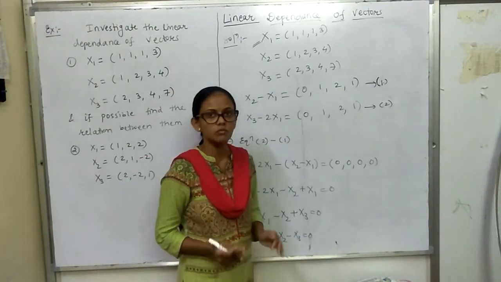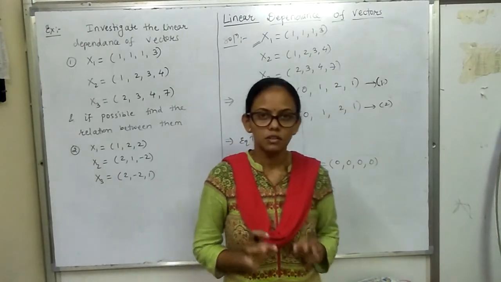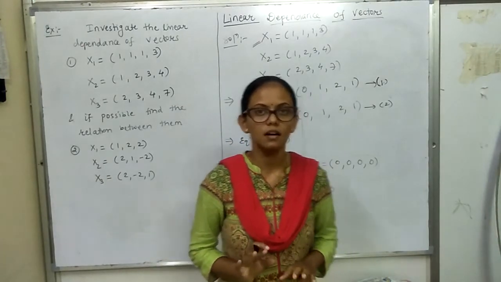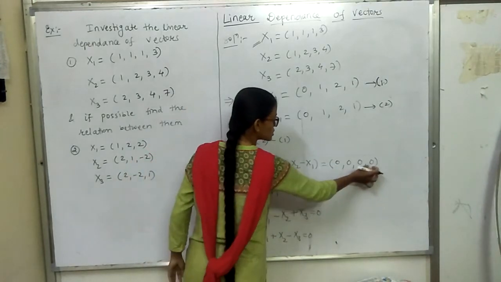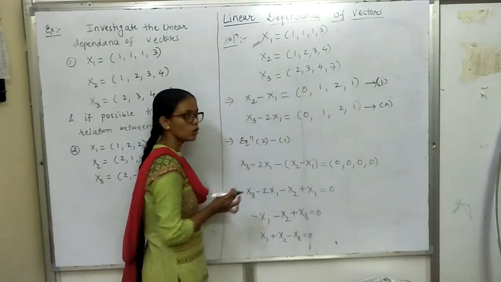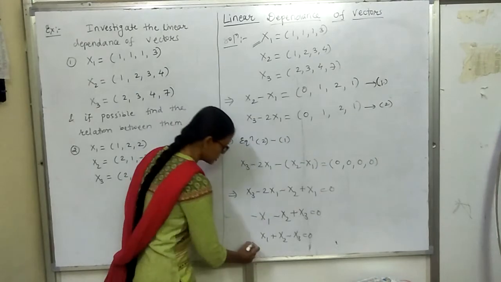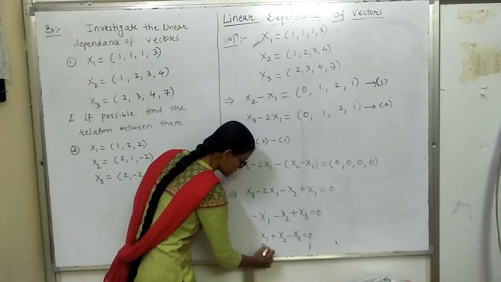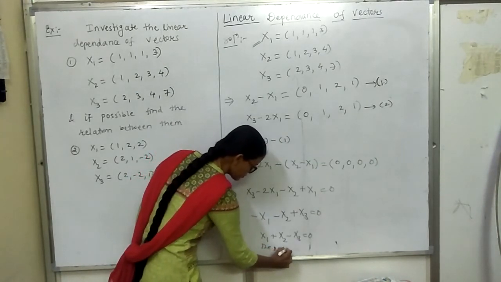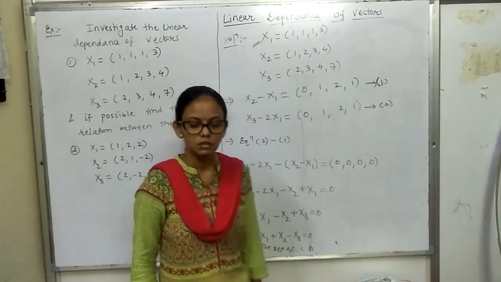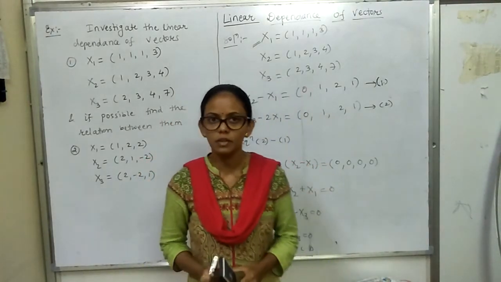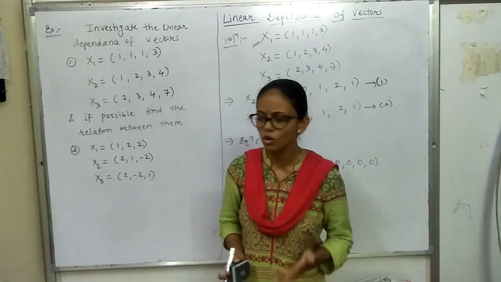So at the last step we have to write just only the vectors x1, x2, x3 are linearly dependent, since RHS components of all the vectors are 0. Therefore, the given set of vectors are linearly dependent. Okay. So again I am taking one more example to get the concept more clear.